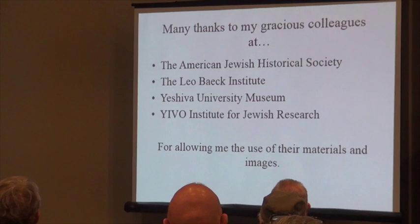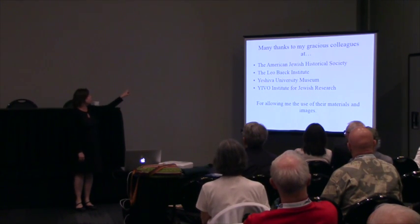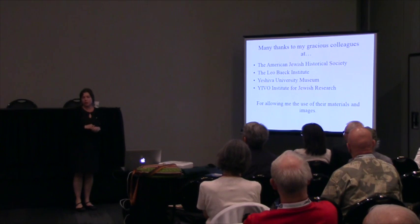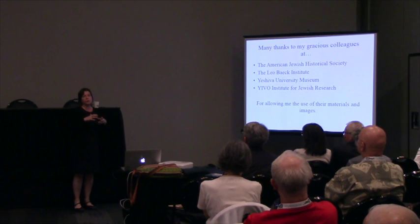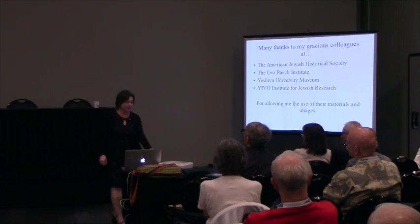So I would like to thank, obviously, my gracious colleagues. All of the materials that we saw here were held by one of these four partners who allowed me to use their materials in these images. All of these images are available through search.cjh.org. We have an enormous amount of digitized ephemera. We are extremely lucky being in such a consortium environment. We're able to have an extremely robust and aggressive digital program and offer up all of these images to the public. So I hope you'll come and visit us at the Center for Jewish History, and you can always contact me if you have